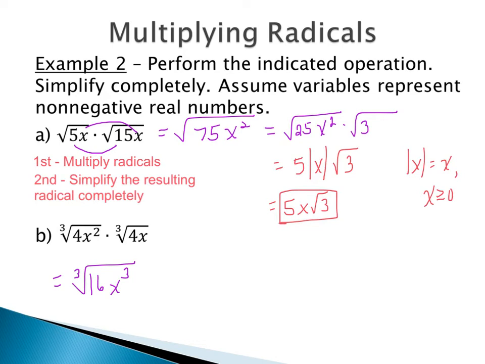So we want to simplify this in a similar way that we simplified square roots. With cube roots though, we want to find our largest perfect cube factor. So your perfect cubes would be 1 to the third is 1, 2 to the third is going to be 8, 3 to the third is 27, 4 to the third is 64, 5 to the third is 125, and so on. So we want our largest perfect cube factor of 16. Well, we don't have to go very far because 8 would end up being the only perfect cube factor other than 1.